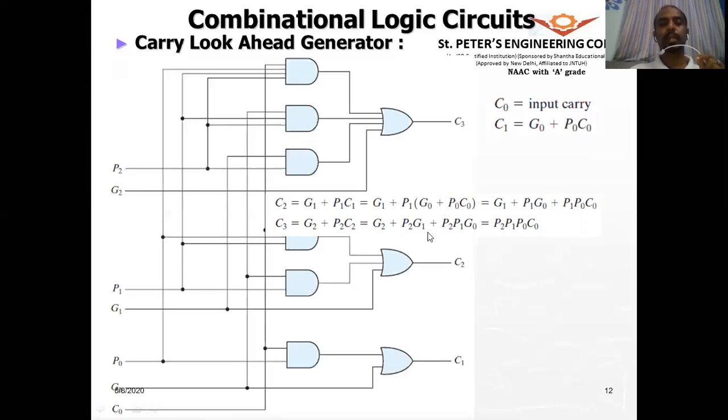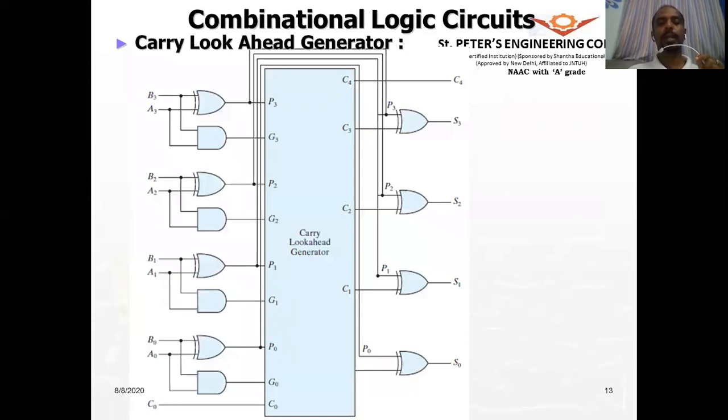Similarly for C3. So we are just writing this so that we predict when and where the carry is generated. So you don't have to wait for all that. So when the bit is high, the output is immediately available. So that is what we are trying to say here. So by using this carry look ahead, it need not wait for the carry to get propagated. It is immediately available and the result can be computed immediately. So by using this carry look ahead, you have improved the addition operation of the binary adder, and it can work fast.